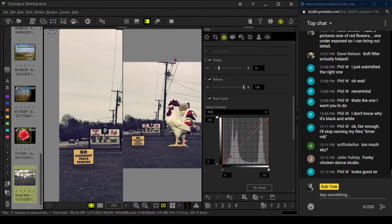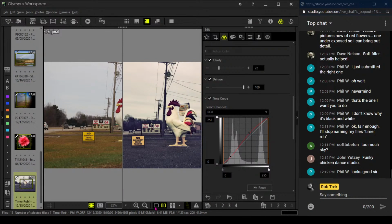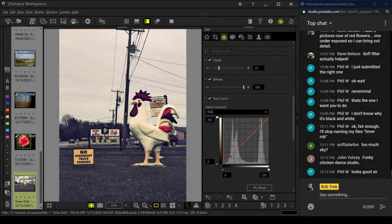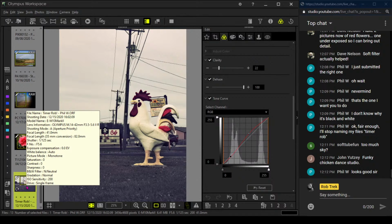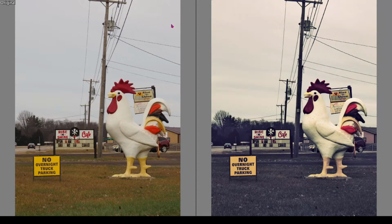So, this is weird. The original image is actually... I don't know why the crop is not showing. I have to clear out my cache or something. But this vertical, I think, gets rid of everything that's not important, right? And then the processing to taste. But now we have all the signs in the picture, which is the most interesting thing in this giant chicken,